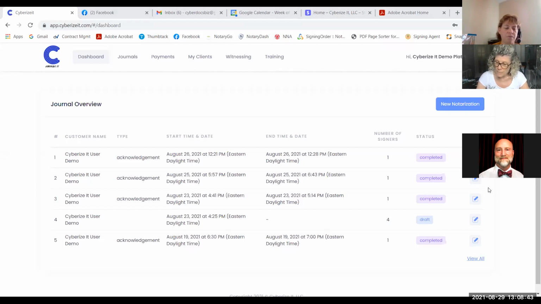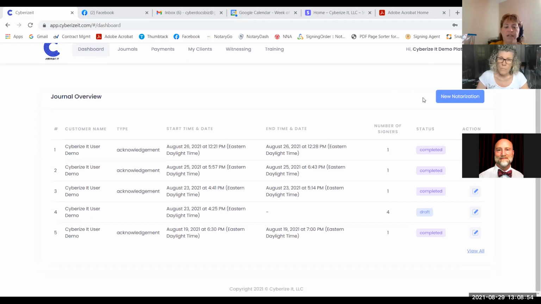So if a client were initiating all of this, you wouldn't actually see this until they've already passed all of their tests. All right. So as a notary, if I were going to bypass a client,